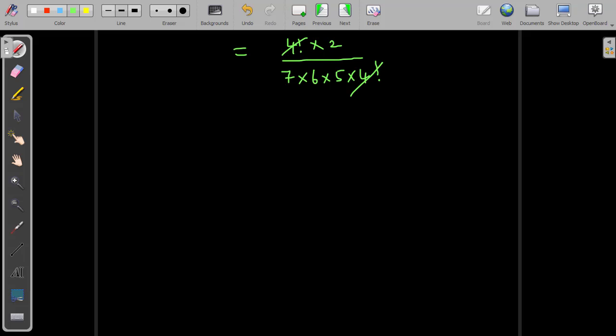4 factorial cancels out. Since we know that 2 factorial means 2 times 1, which is equal to 2 only. After that simplification, you can cancel out the 2s here, and the 3s also cancel out. So 1 divided by the leftover answer, 7 threes are 21, 21 times 5, 5 ones are 5, 5 twos are 10, 105. So the total answer is 105. That's your answer.